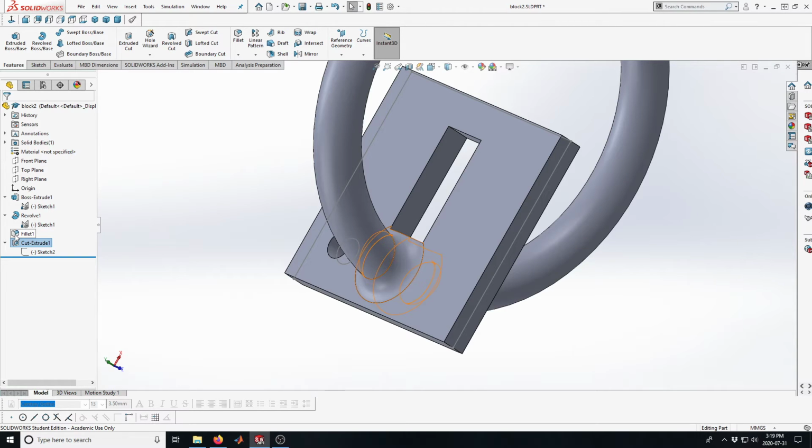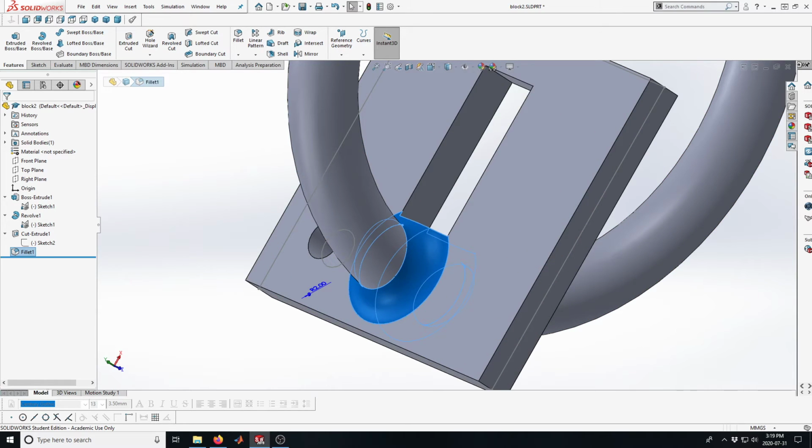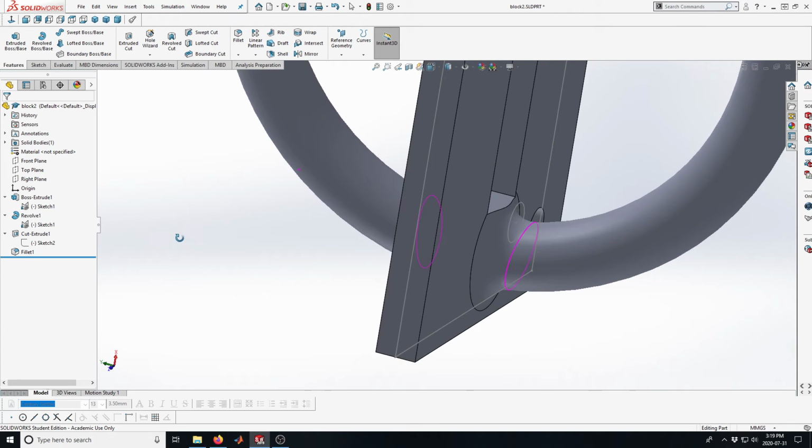Now, I will mention that the order of these things is kind of important. And you can see here that we made the radius before we made the cut, and it shows up like this. What if we take this radius and I just left click on it and I move it below that cut? It looks kind of the same,